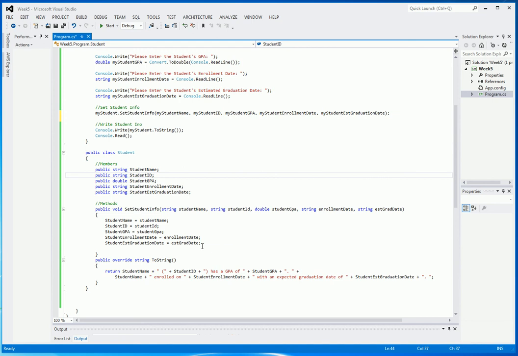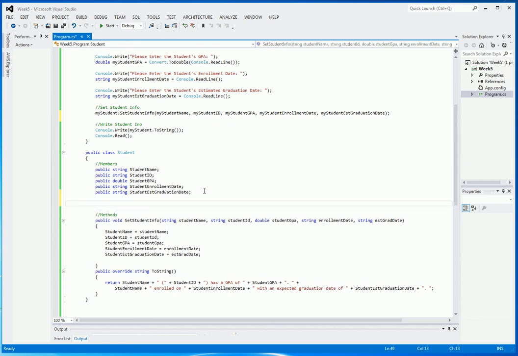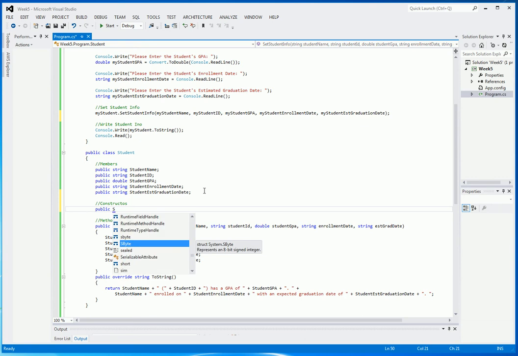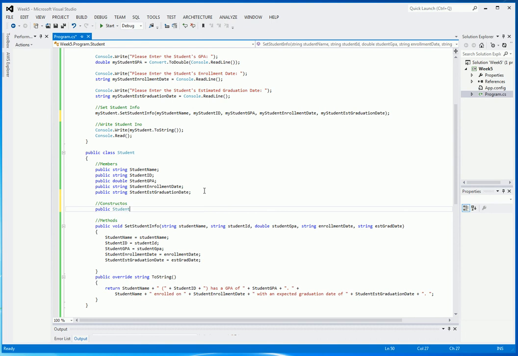Now, if you remember from last week, if you don't put a specific constructor inside your class, it will create a default constructor. Basically, a default constructor is just an empty constructor method. So we'll go in here and we'll just create a constructor. The way you create a constructor is just by creating a method that has the exact same name as the class,